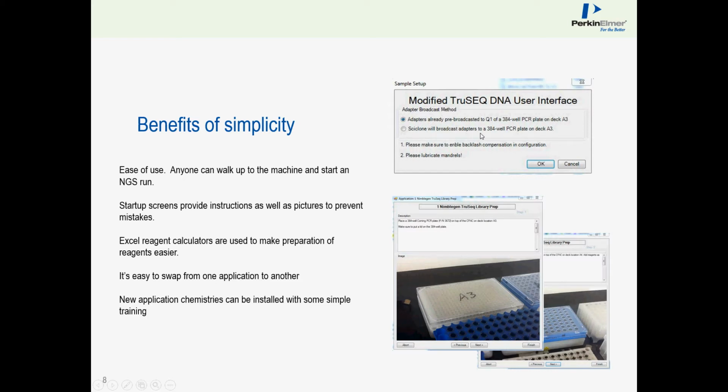And there's another box just below it. It says Sciclone will dispense adapters to a 384 well plate. So we actually work in conjunction with Excel, and we can actually assign what index adapters or barcodes we want to use to specific wells in an Excel sheet. And by selecting this option, it would actually read off that Excel sheet and automatically use a single tip and actually dispense those adapters to the specified wells. And then once the user's done, they can click the OK button,